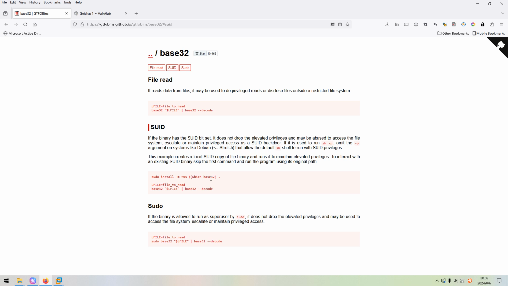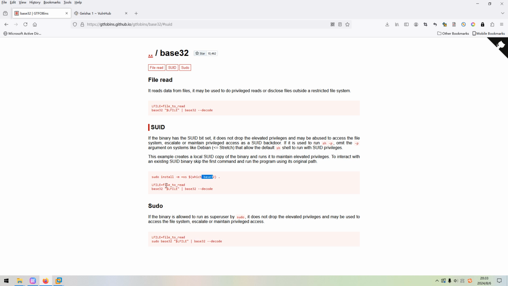You know, this one is very similar to the base64 algorithm, and we can use this because this binary has the SUID bit. You know, which means that when this binary has the SUID bit, the current user who runs this binary will get the privilege of the owner of this binary temporarily. Okay, I hope I've already explained it clearly.